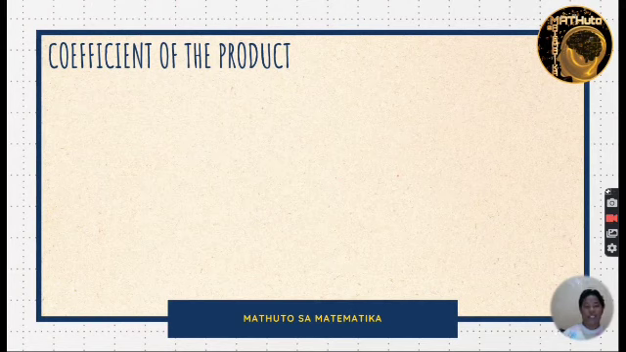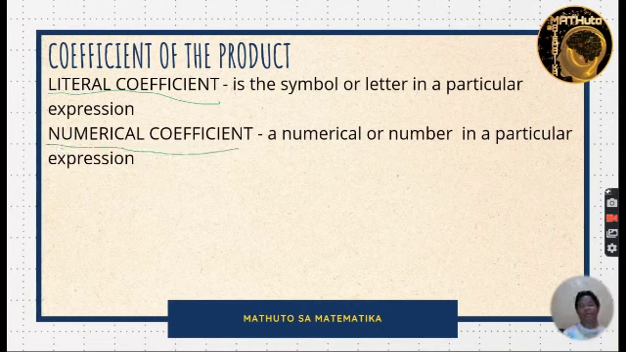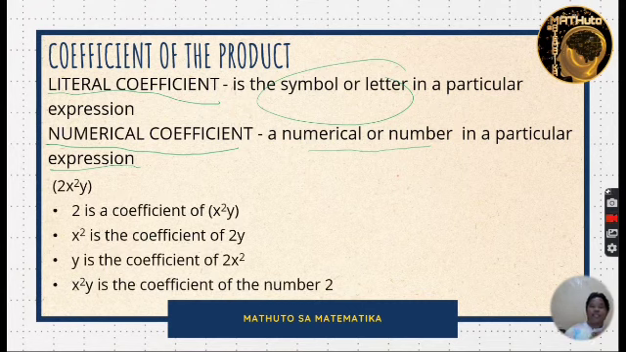Next, we have the coefficient of the product. To form our term, we have the literal coefficient and we have the numerical coefficient. So, pag sinabi natin literal coefficient, it is the symbol or letter in a particular expression. Pag sinabi natin po numerical coefficient, the numerical or number in a particular expression or terms po of a polynomial po. In this example, 2x squared y,